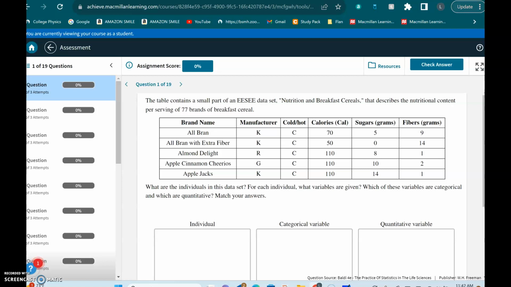So for example, this question is just asking you to list all the variables under categorical and quantitative. So that's a different type of question. You do not need technology. Let's look at the first question